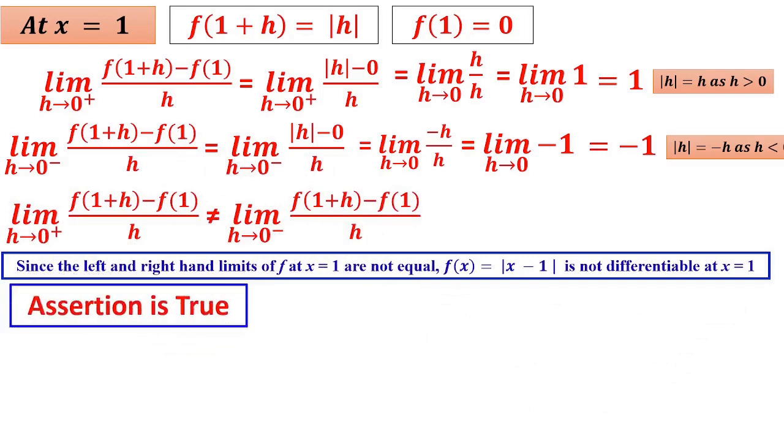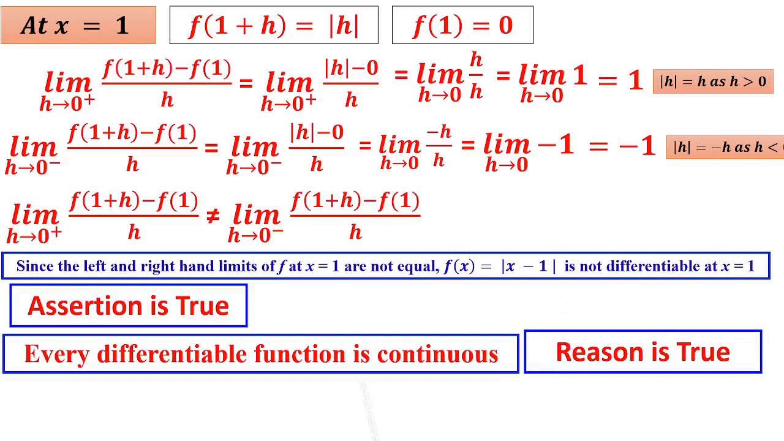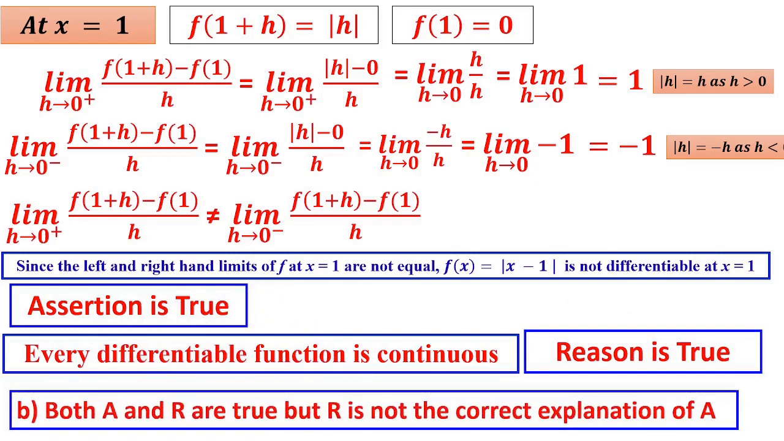It is not differentiable. If you know that limit x goes to 0, x by tan inverse x is equal to 1. But every differentiable function is continuous is given in the reason. Substitution: this reason is also true, with x is equal to tan t, but this is not the correct explanation. When x goes to 0, t goes to 0 for both A and R. Therefore, you are getting